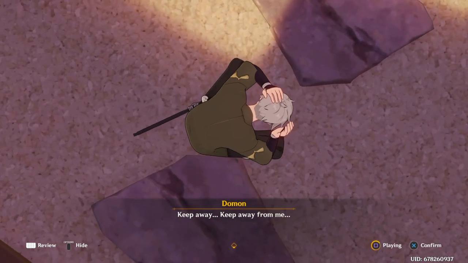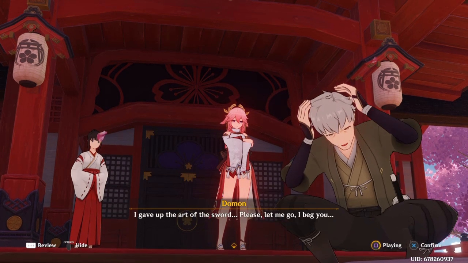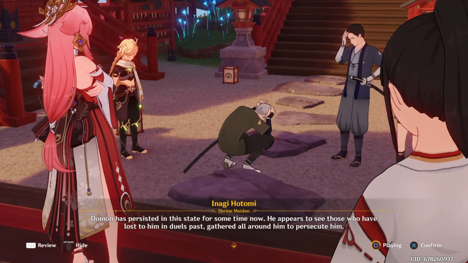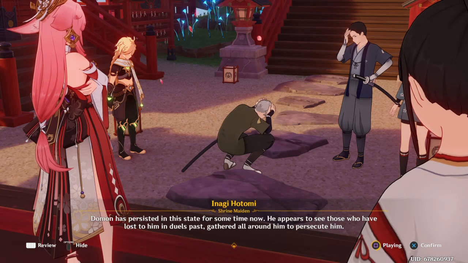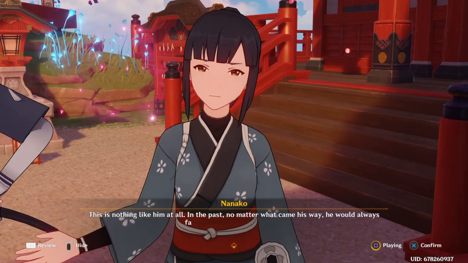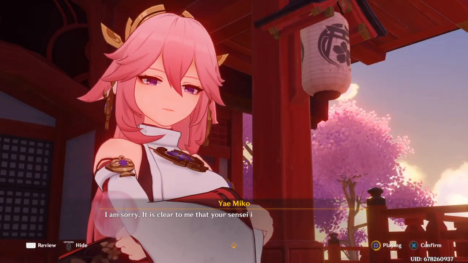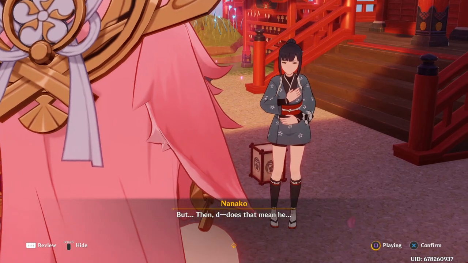Keep away. Keep away from me. I gave up the art of the sword. Please, let me go, I beg you. As you can see, Lady Yae, Domon has persisted in this state for some time now. He appears to see those who have lost to him in duels past, gathered all around him to persecute him. Lady Yae, it must be a possession, right? This is nothing like him at all. In the past, no matter what came his way, he would always face it with a confident smile. I'm sorry. It is clear to me that your sensei is not possessed by any evil spirit. But then does that mean he...